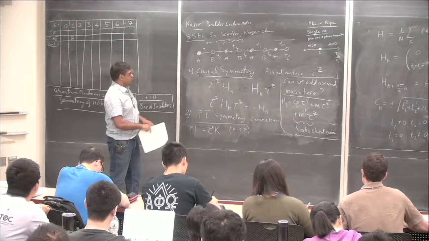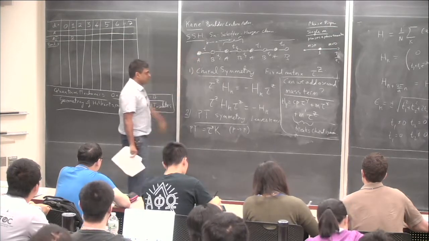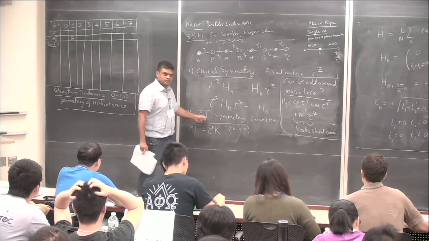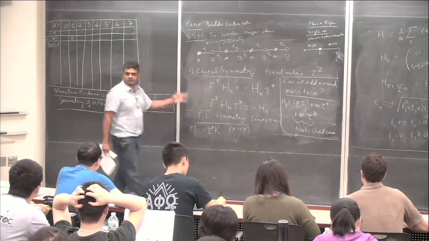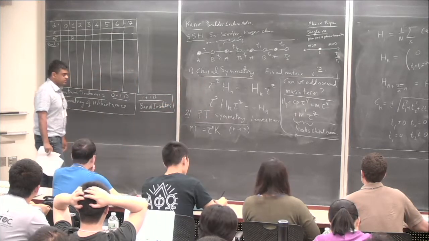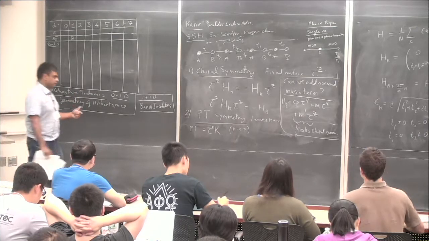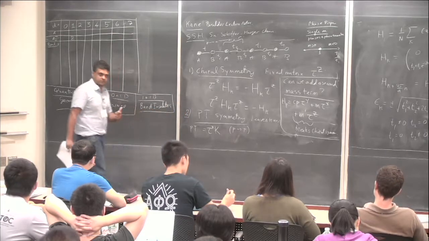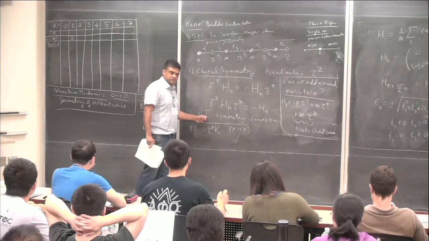So maybe one word we should mention over here is about polarization. We talked a little bit about polarization. It turns out in a system like this, which has inversion symmetry, you would think that the polarization is zero. If I told you some system has inversion symmetry, how can it have a polarization, a vector sitting there? The product of inversion and time reversal, well, time reversal doesn't do anything to polarization. So naively, this PT symmetric system would have zero polarization.